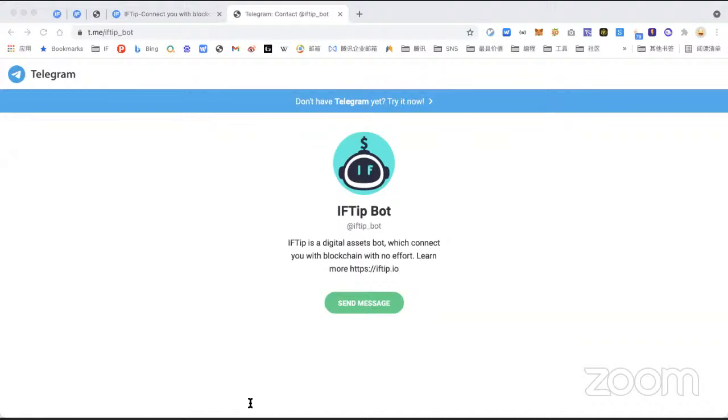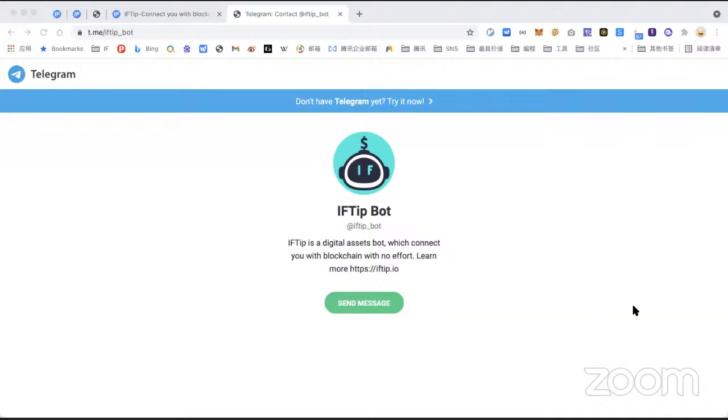Okay. We can airdrop to our group members. For example, I want to airdrop one Matic to 10 people.